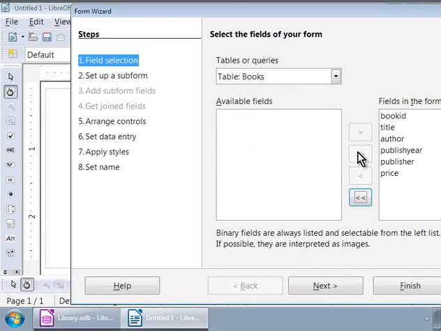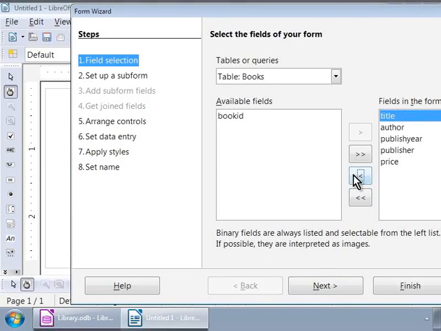Since we have set up Book ID field to auto-generate its own numbers, we don't need it on the form. So let us move this field back to the left-hand side. Click on Book ID on the right-hand side and click on the button that has one less than symbol.